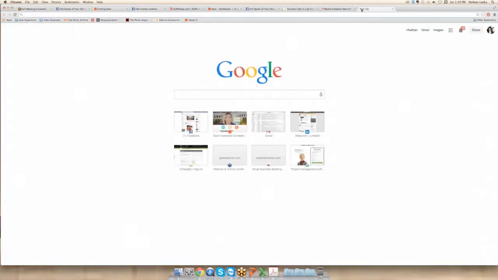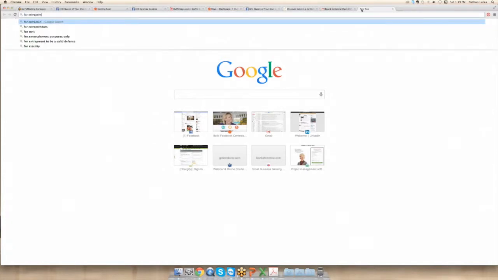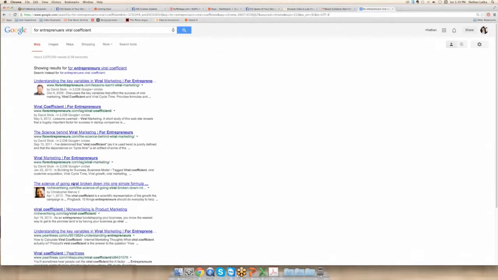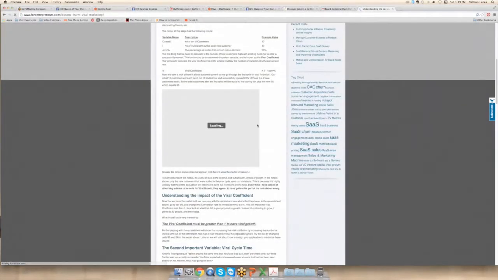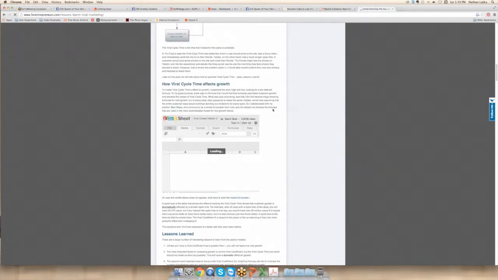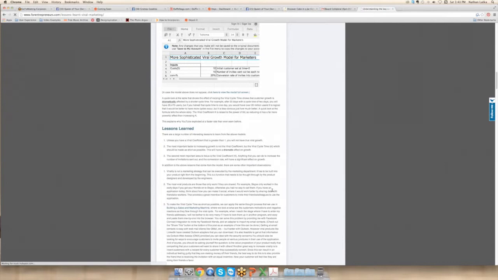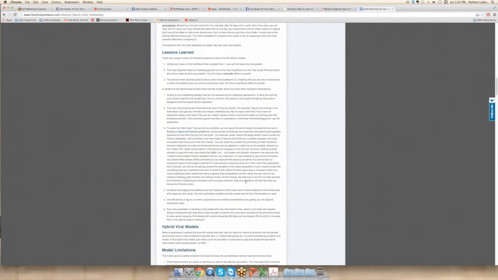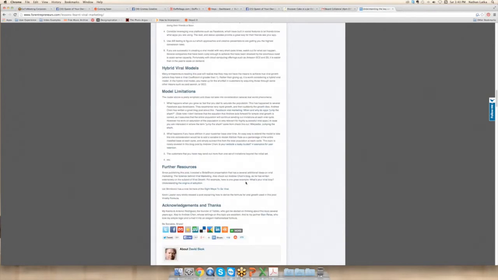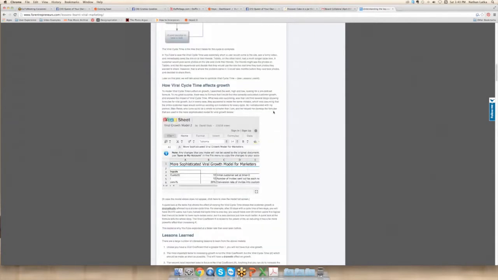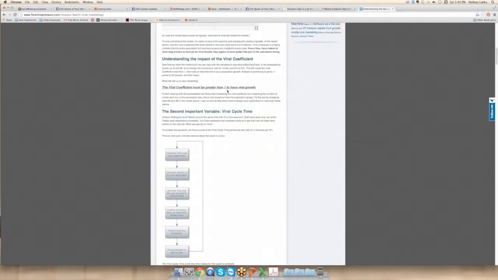I want to actually show you guys a larger spreadsheet I built for entrepreneurs, viral coefficient. I'm going to pull this model down and take it one step deeper than we already have.